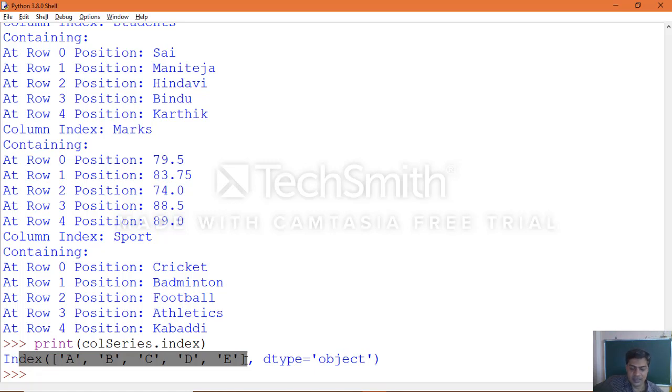Now, by this, we come to know the way how we can extract row-wise data frame data, position-wise row data at the same time, using the iterrows function, which we used in today's session.